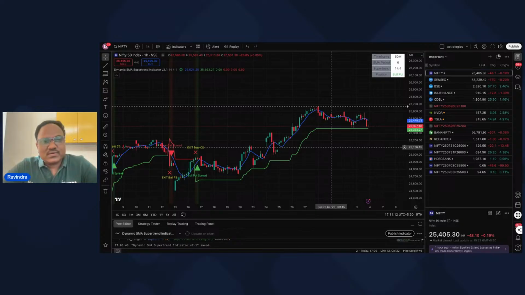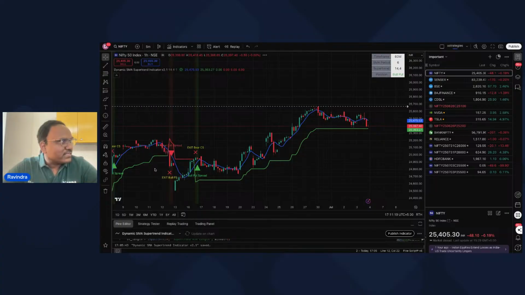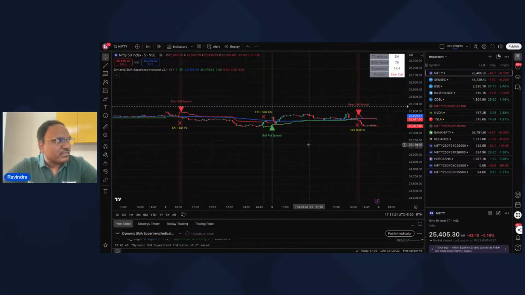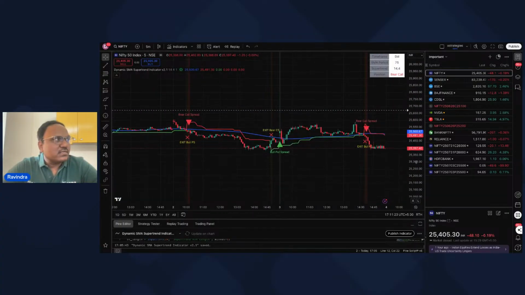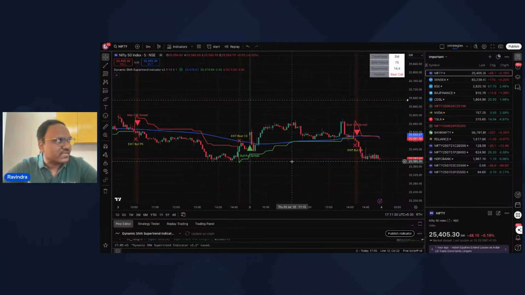The answer is no. You can also exit when, let's say, today morning. I'll explain what I did today morning, so that it is a lot more relevant for today. Here, I just have one indicator. In fact, I use one more screen here, but I just have one indicator here. I did not use any other indicator.